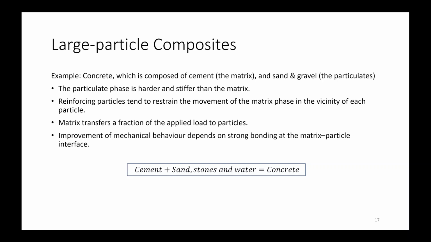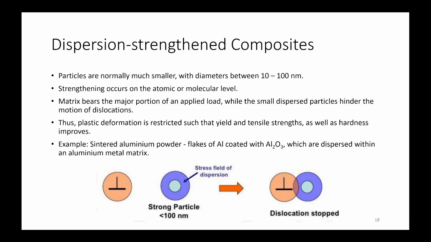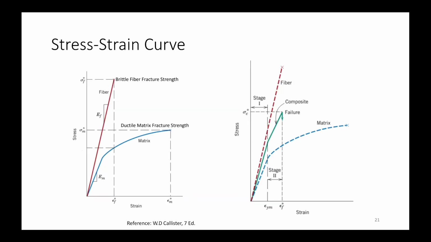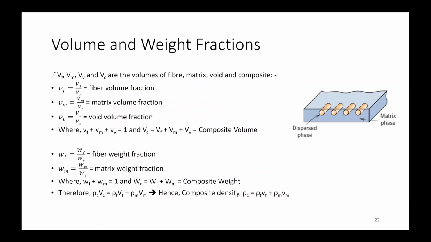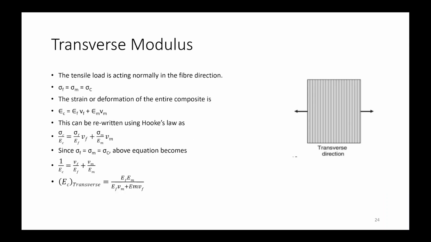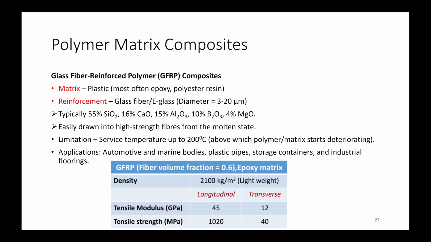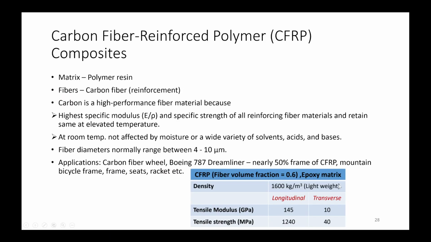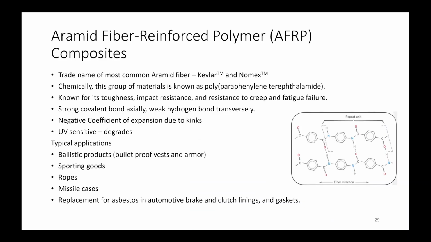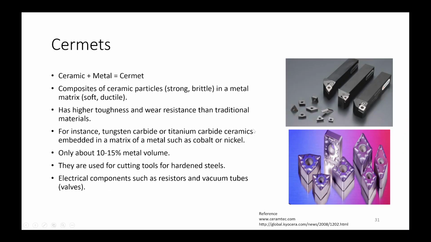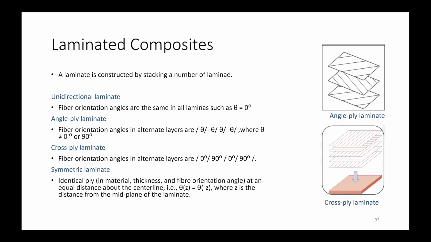In that, the first one is large particle composites, then dispersion strengthened composites, fiber reinforced composites, both fiber and matrix phase, stress strain curve for composites, volume and weight fractions, longitudinal modulus, transverse modulus, metal matrix composites, applications of MMCs, then polymer matrix composites, in it firstly GFRP, then carbon fiber reinforced polymers, aramid fiber reinforced polymers, then we went through ceramic matrix composites, then ceramics, carbon-carbon composite,